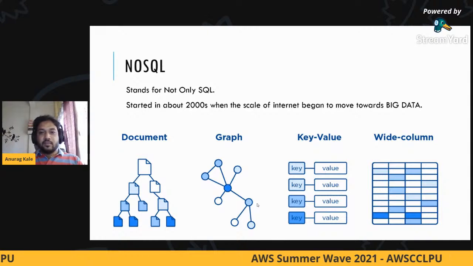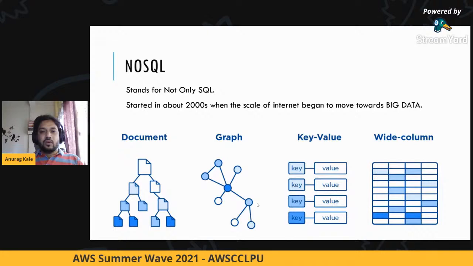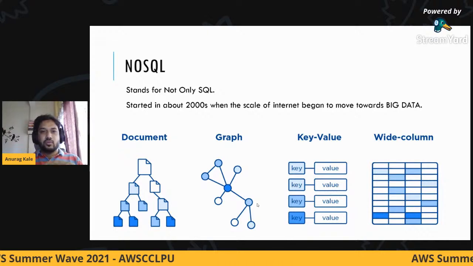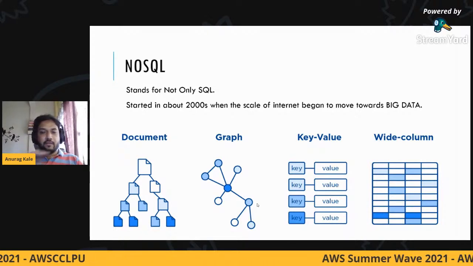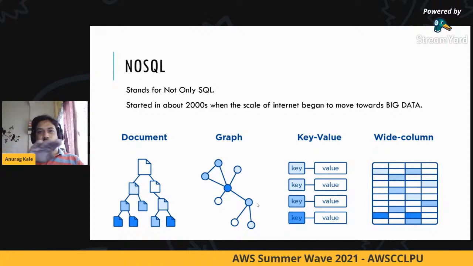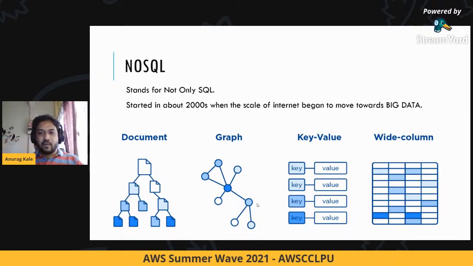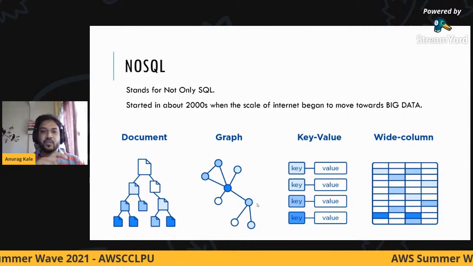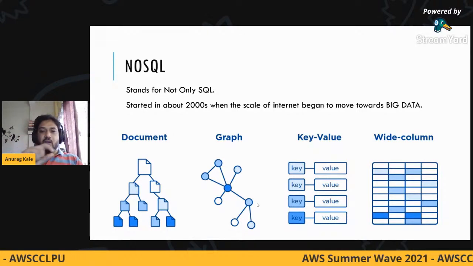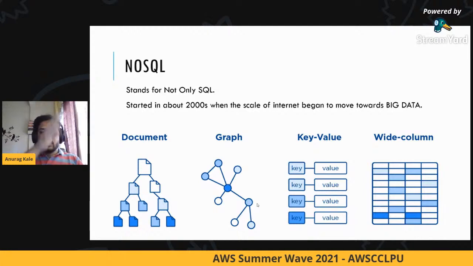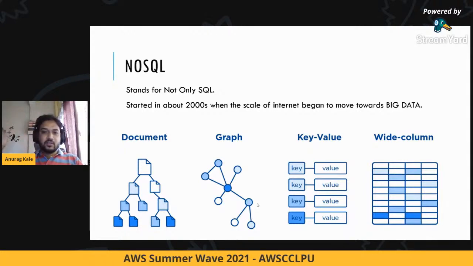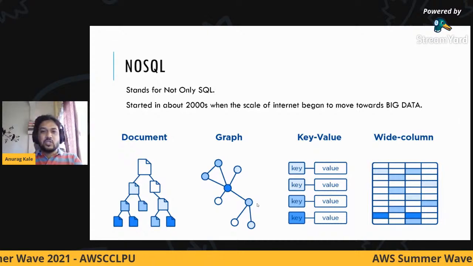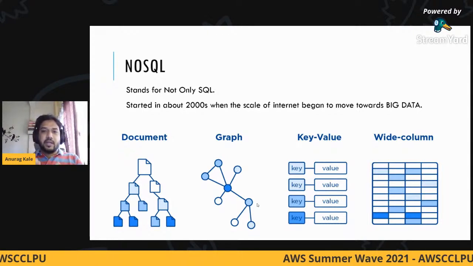In wide column databases, what it basically means is, in relational databases, you store the data in a row format. So every data is stored, you could say, in horizontal fashion, right? And each row is identified by a primary key. So instead of storing the data in horizontal fashion, wide column stores the data in vertical fashion. By that, you can start treating each column as a separate entity.